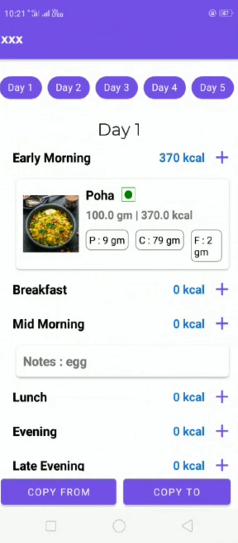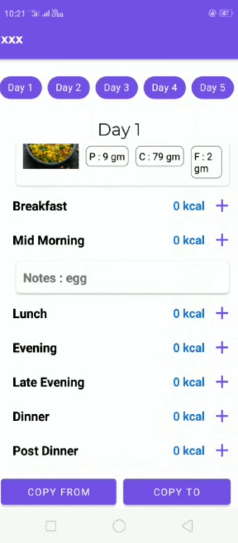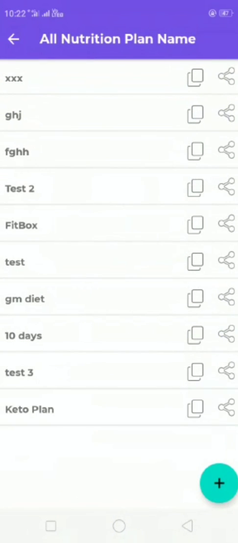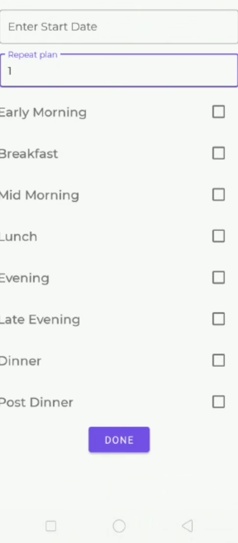Now click on share option. Enter start date.